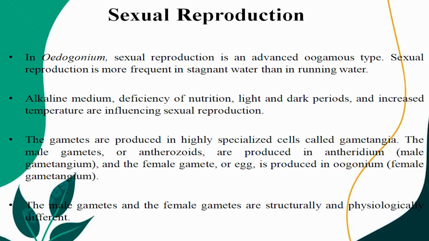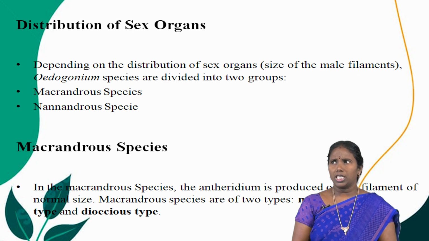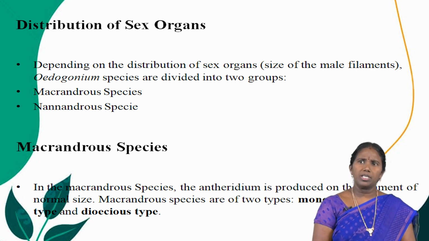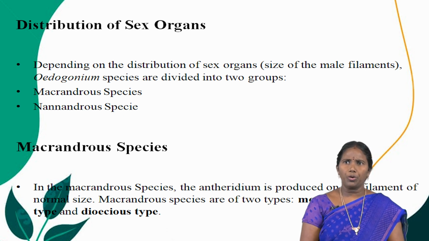The male gametes, or androzoids, are produced in the antheridium, and the female gamete, or egg, is produced in the oogonium. That is the female gametangium. The male gametes and the female gamete are structurally and physically different. Distribution of sex organs: Oedogonium